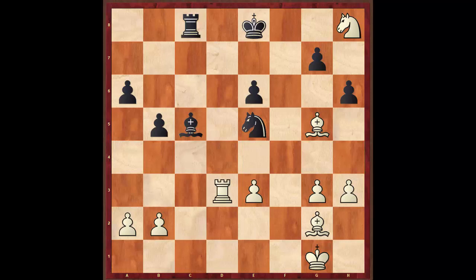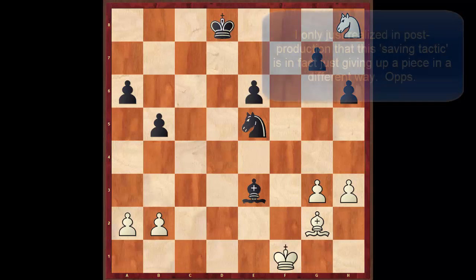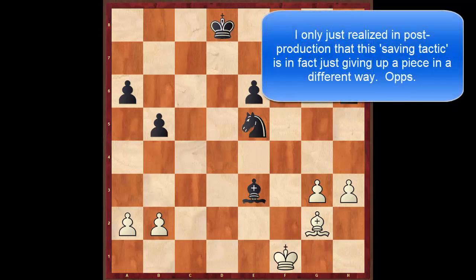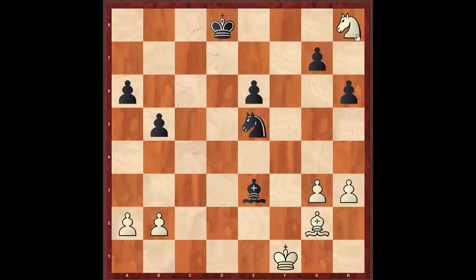However, he finds, again, a saving tactic, right? Rook, take, take, take. So then we arrive to this position. So black is up a pawn. That's good. And this knight is still trapped. However, it's less trapped than it was, because before the king was controlling this square and a pawn was controlling this square. But now, if this knight were to move, this knight could escape. And so now the game is going to...